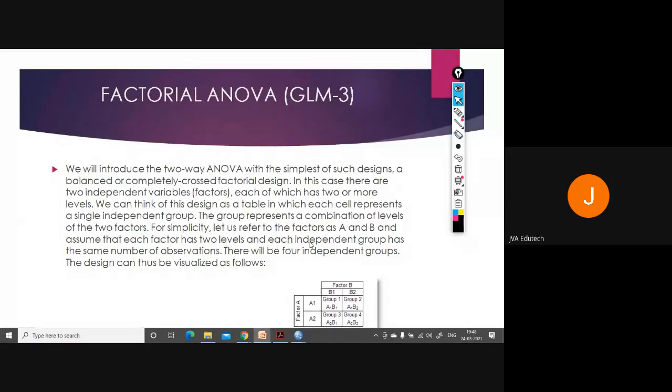So each independent group has the same number of observations, and you'll get four independent groups. So the design could be like this. Factor A divided into A1, A2, factor B divided into B1, B2. So the first group will be A1, B1, the second group will be A1, B2, then the third group will be A2, B1, the fourth group will be A2, B2. So like this you have four groups.